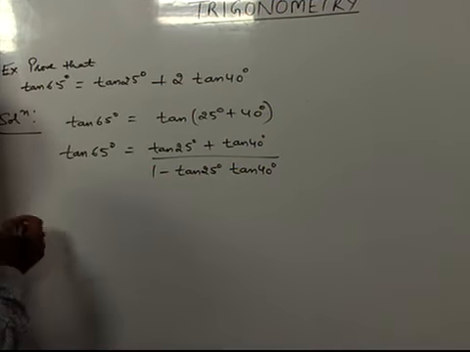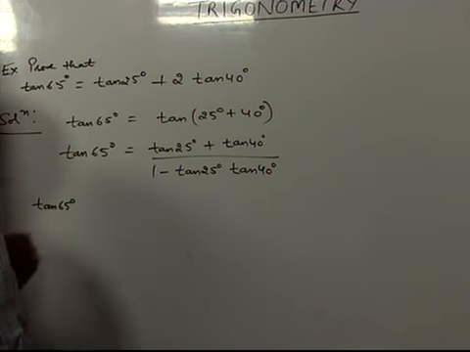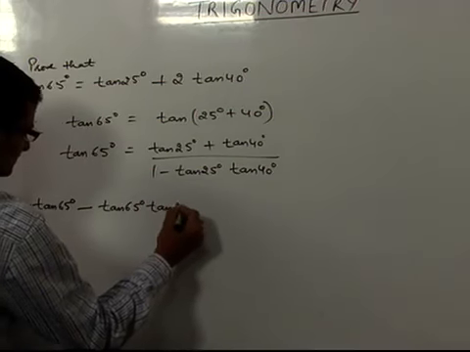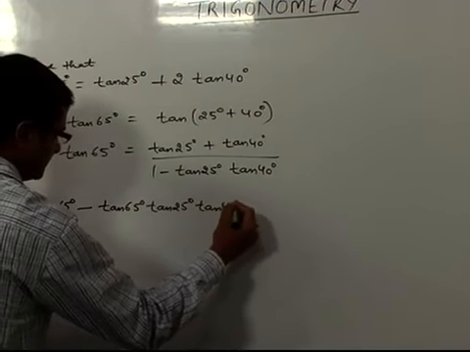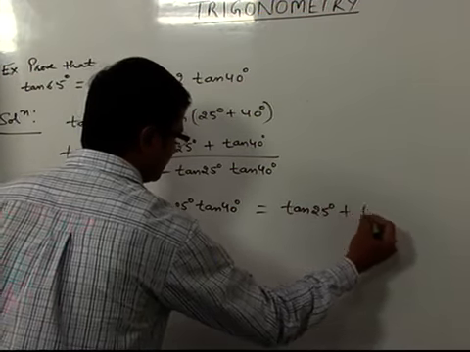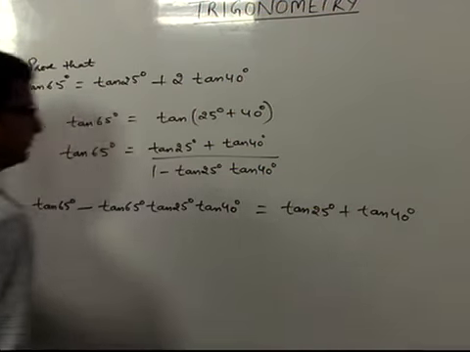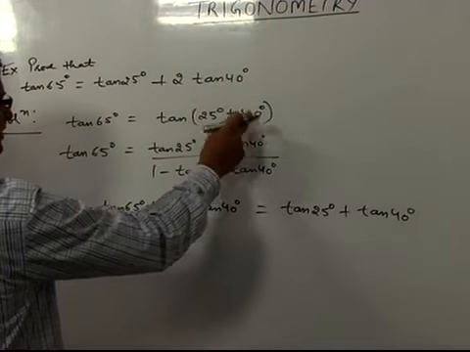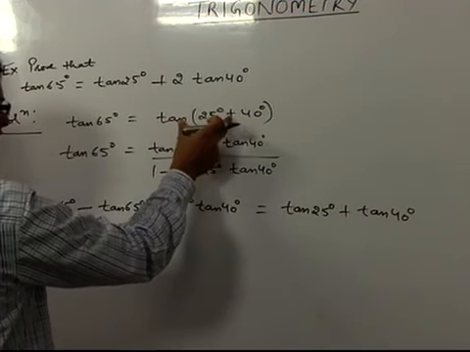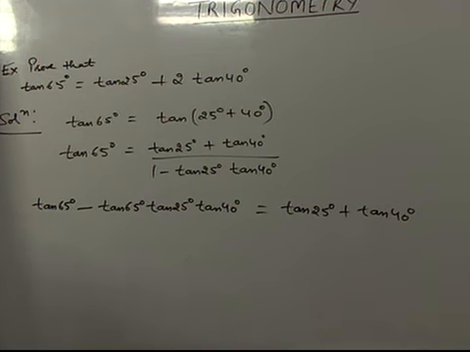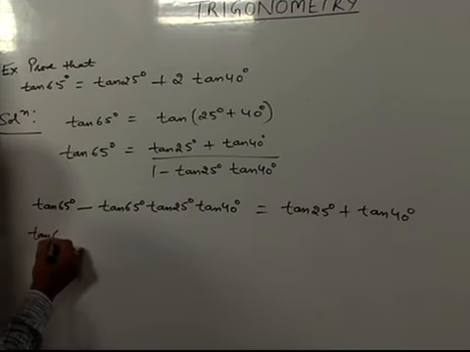By cross multiplying, it will be tangent 65 minus tangent 65 into tangent 25 degree into tangent 40 degree equal to tangent 25 degree plus tangent 40 degree. First we break 65 degree into 25 degree plus 40 degree, then we apply the addition formula, and then cross multiply. We get this. Now